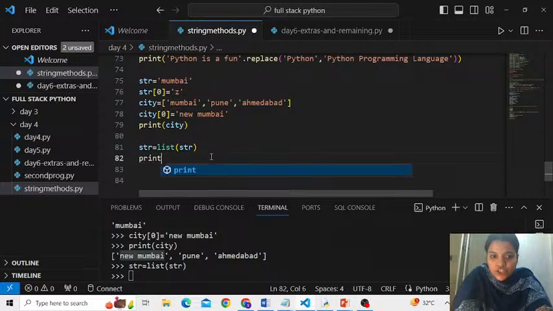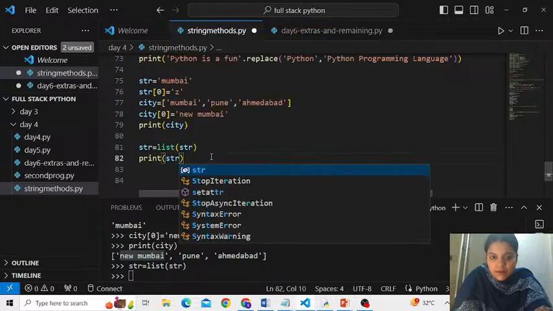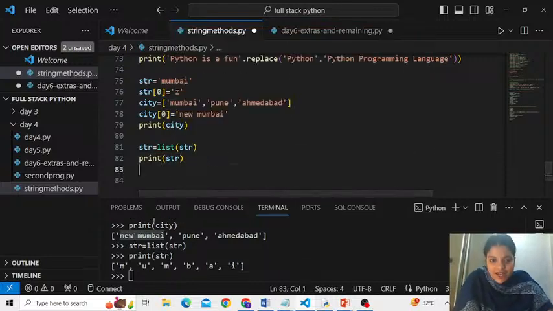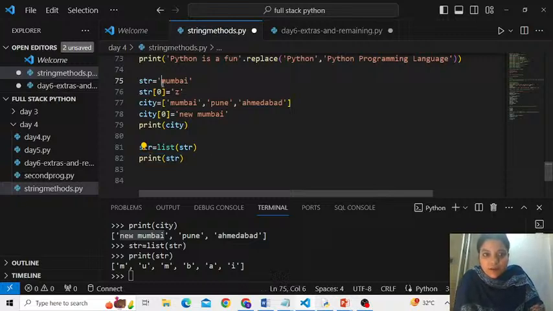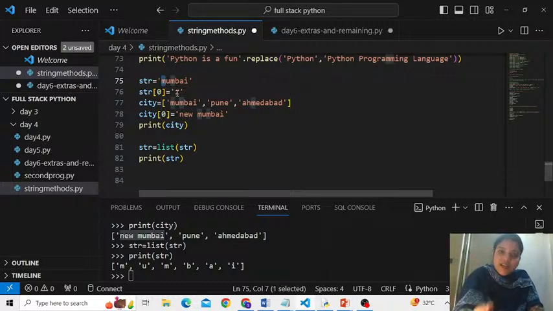Okay, so now if you check what is your str, you see I converted this string Mumbai into a list. Friends, raise your ability of understanding. Try a little from your side. What was my question here? I added it after what the student asked in the chat section. Anyhow, we had to convert M to Z.